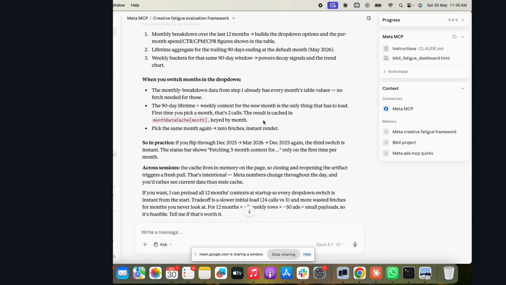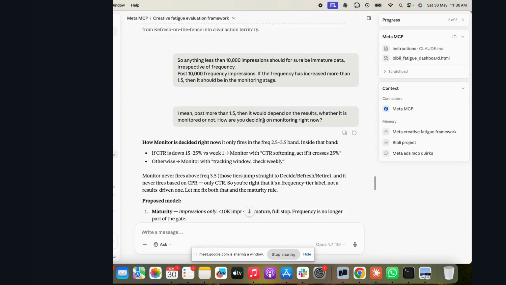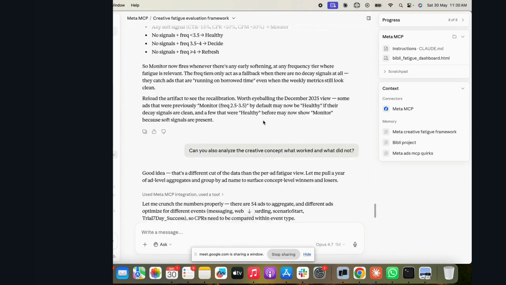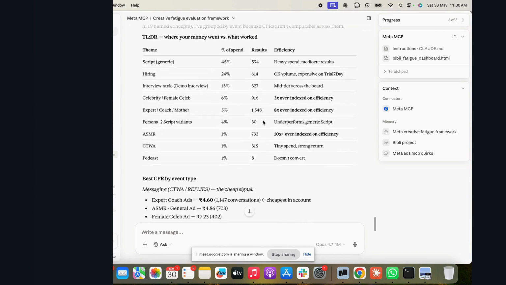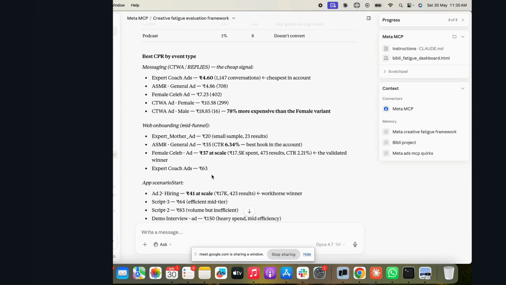It is much easier to do in Claude Code, because then it uses some of your local space and saves that data over there if you don't want to run too many API calls, etc., right? And then again, it is back and forth. I'll not go into too much of this, but this is how you start with a framework and then get into deep analysis of any particular aspect.